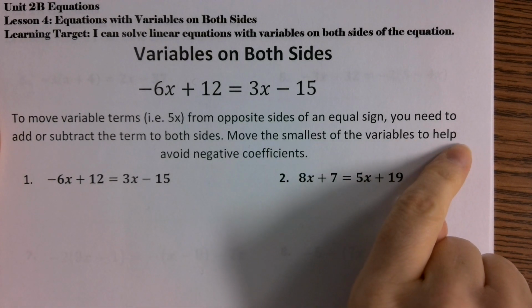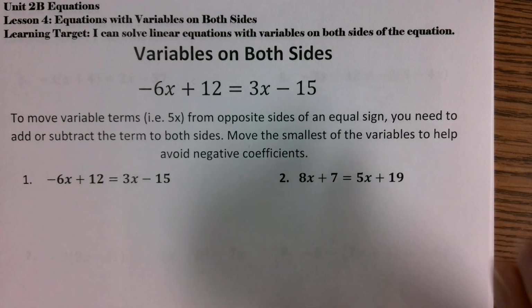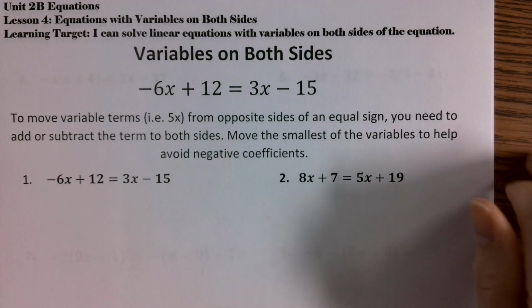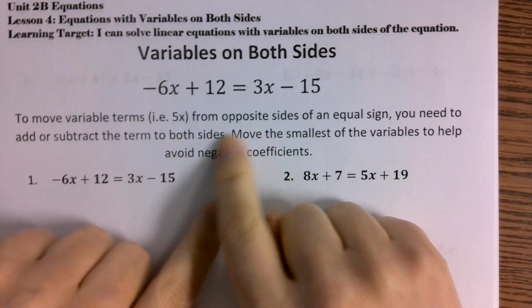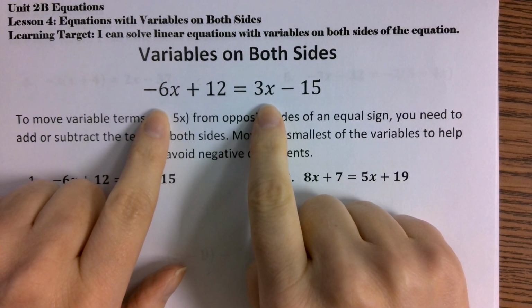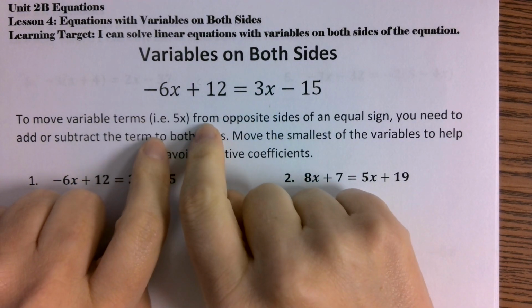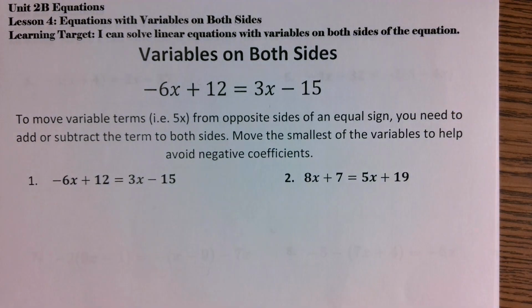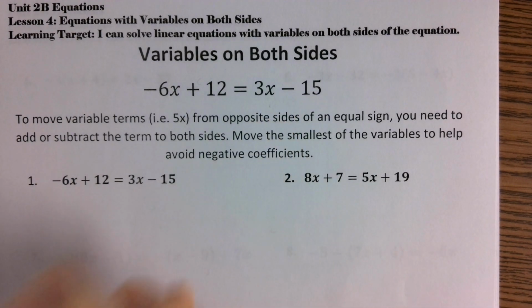I tend to say focus on the smallest of the variables to help you avoid those negative coefficients. So if you're trying to figure out, well, which one am I supposed to move? Am I supposed to move the negative 6x, or am I supposed to move the 3x? It really doesn't matter which one you move. I could add 6x to both sides, or I could subtract 3x from both sides. It doesn't matter, but I tend to suggest moving the smallest of the variables